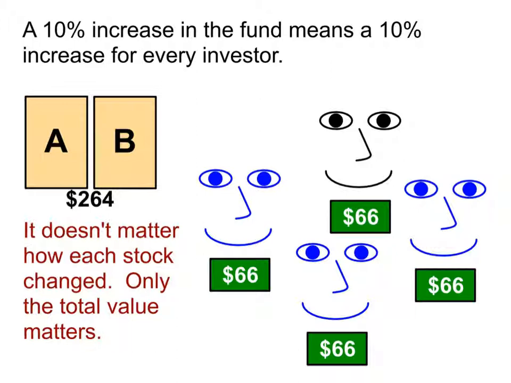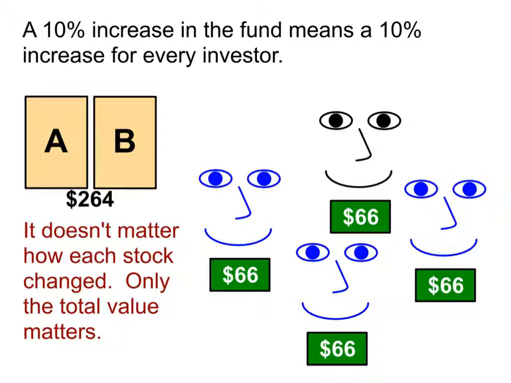That's why when you look at stocks and things like that, they generally don't say it went up by $100. You don't care about that number so much. What you care about is what percent did it increase. Because if the whole fund goes up by 10%, your share of it also goes up by 10%. That's why percents are so important to know and understand, because they let us see this information in a way that we couldn't otherwise, and an easy way to convey it and communicate it all the way through.